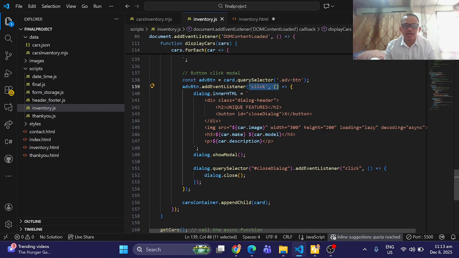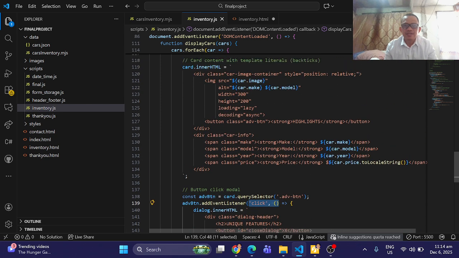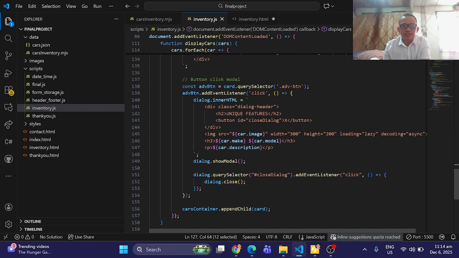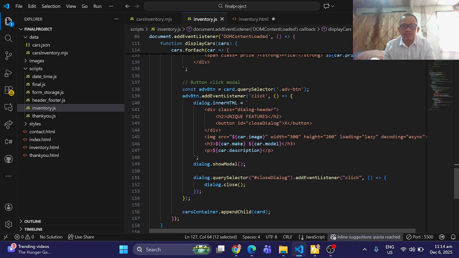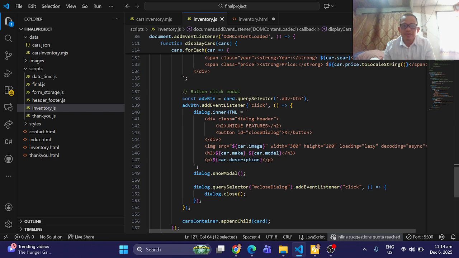If the customer clicks the highlights button, then the modal will open.